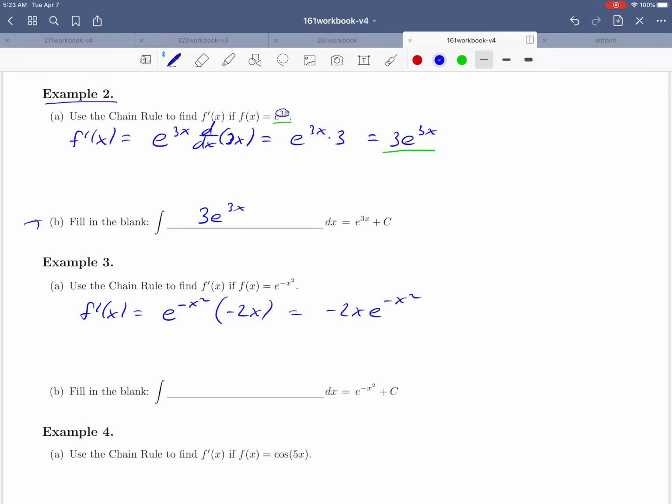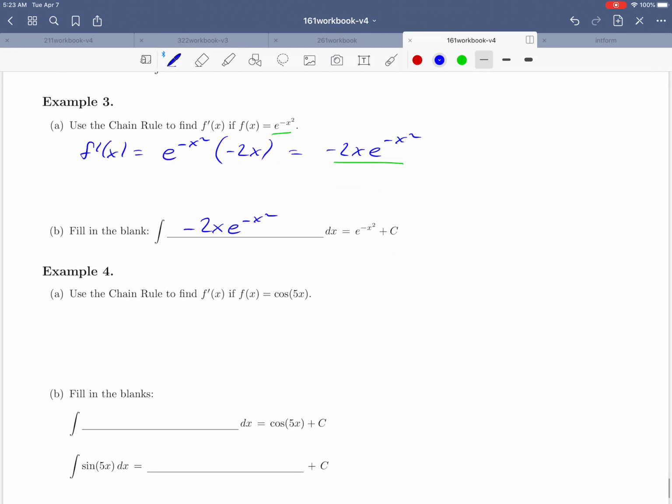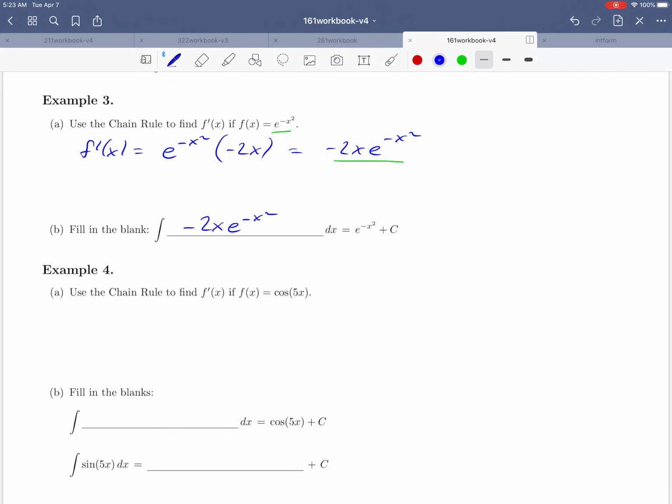Okay, and turning that statement around, we could say that the antiderivative of negative 2x e to the negative x squared is the function that we started with, which would look like this. The indefinite integral of negative 2x e to the negative x squared is e to the negative x squared plus c. Okay, and finally, we come to example 4 here. One more time. So this time they're starting us with the function f of x equals cosine of 5x. If we take that derivative,